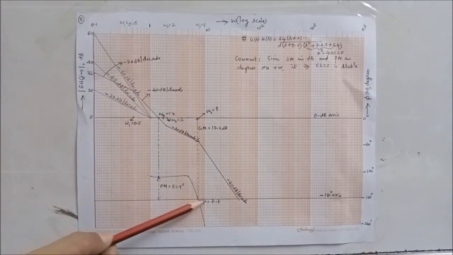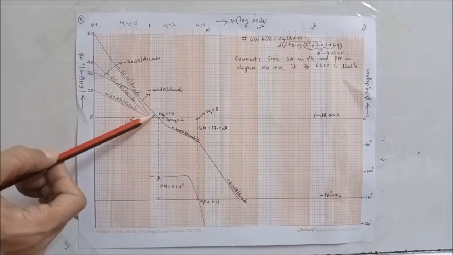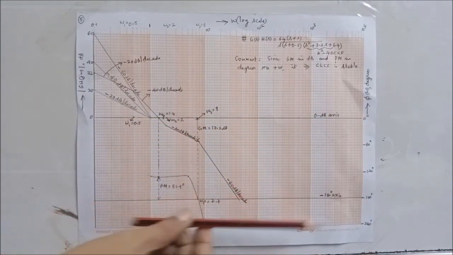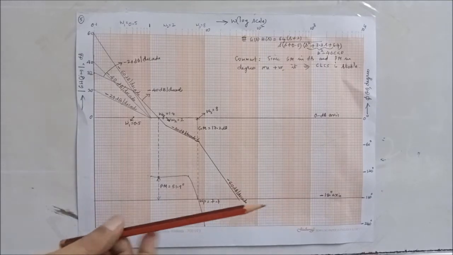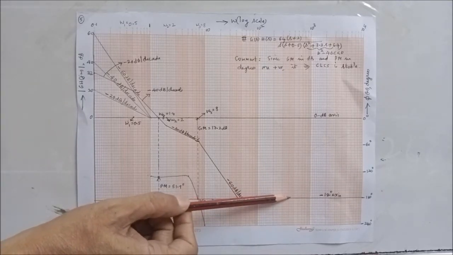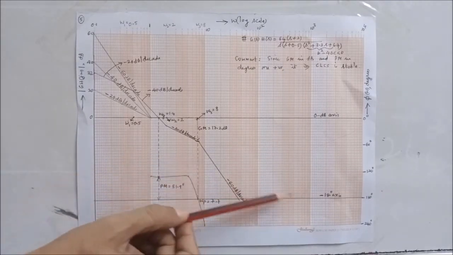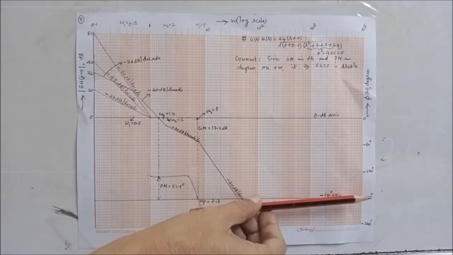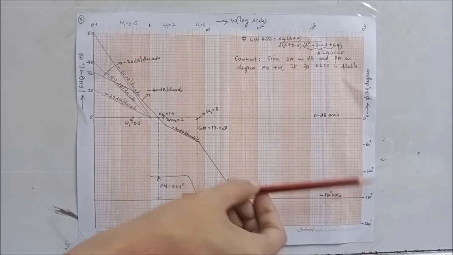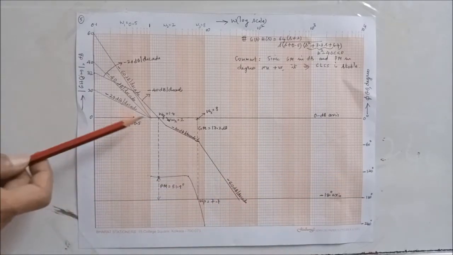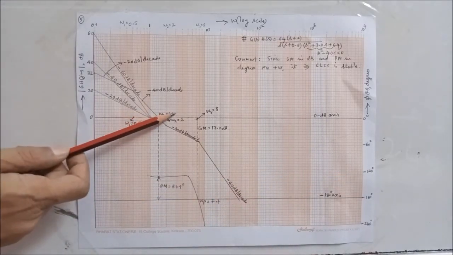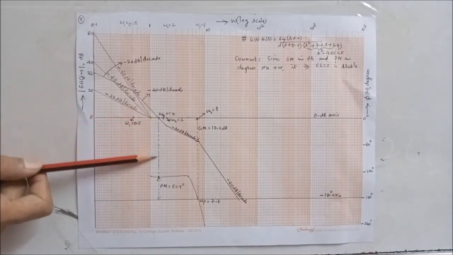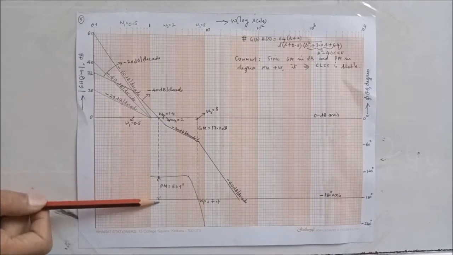At omega p equal to 7.7, it is 30 divisions counted from here. So this is the phase crossover frequency. This is the gain crossover frequency. Phase margin is measured with respect to minus 180 degree axis. Phase margin is positive above minus 180 degree axis, negative below minus 180 degree axis. It is measured with respect to minus 180 degree axis, but measured at what value of omega? Omega equal to omega g equal to 1.4. Drop a perpendicular from omega g onto phase diagram, measure this intercept.